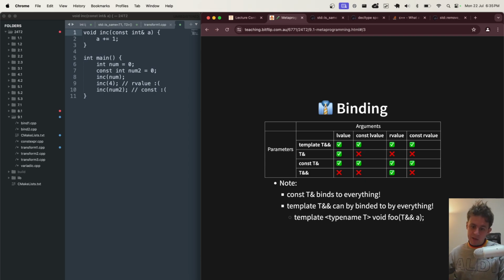You just need to know the value of it. That now suddenly works. And similarly, if you have a function that takes in an R value reference, like a move function, you can only pass in certain things as well.